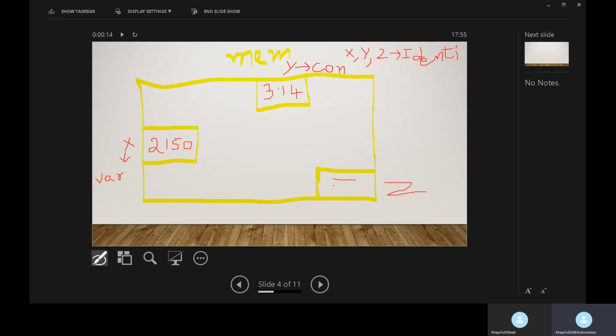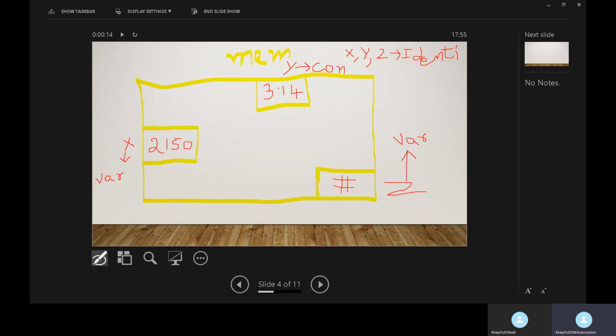So here also the value in identifier Z is changing from time to time during the execution of the program. Now identifier Z is also called a variable. So in a program there can be variables or there can be constants.